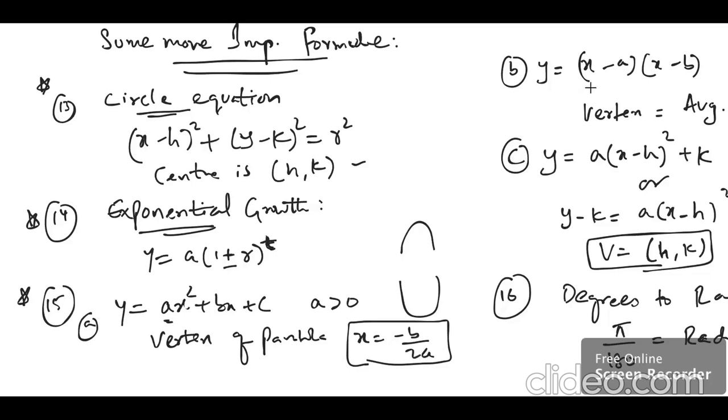If the question is given in terms of the zeros, then you are going to work it out and get it in the form of the average of the zeros. Remember, how do you get the vertex of this quadratic form? It is nothing but the average of the zeros that we have. So in order to get the zeros, you just have to equate with zero.